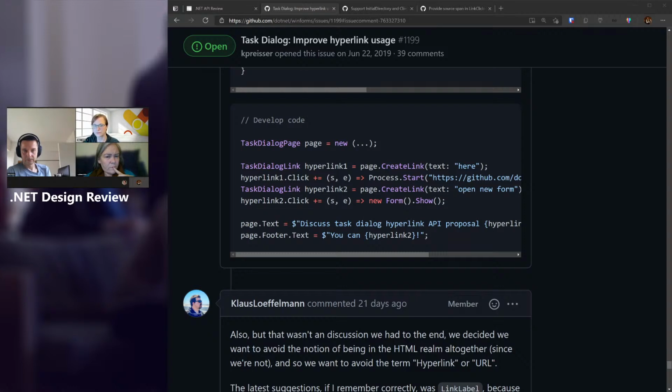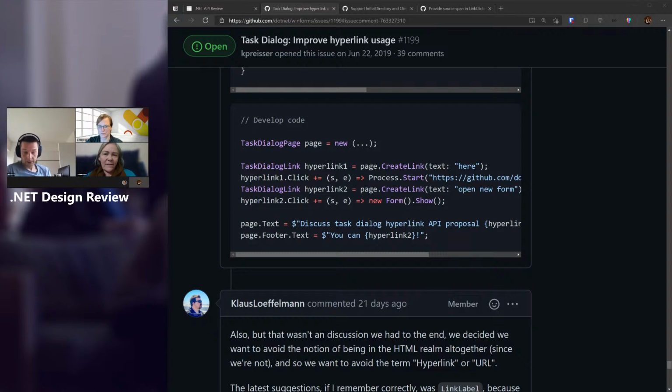I agree with you that deriving from the task dialog page feels very heavy-handed, but imagine instead of having to do that, you just have an event on the dialog page that you can subscribe to. That's exactly what my original proposal was, but it didn't land. I got voted down, and that's fine. It looks like the majority of people who actually care about this issue and participated in the discussion felt that it didn't feel right.